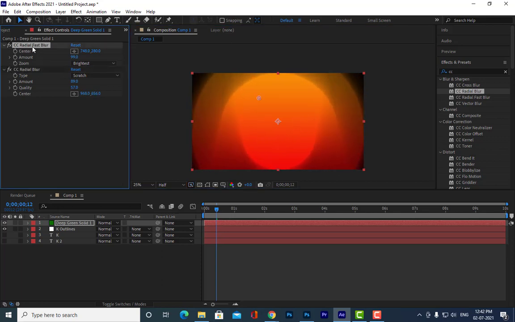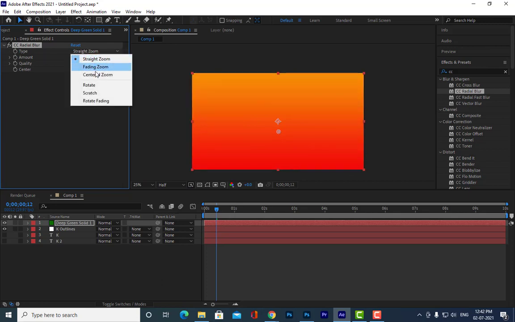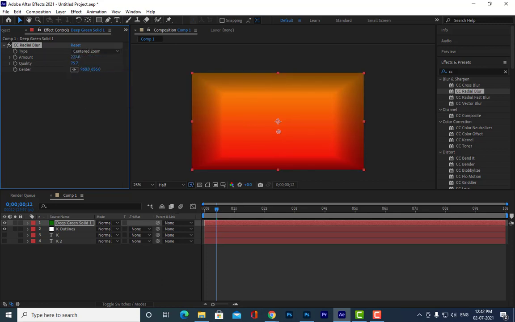This will remove this fast blur. We'll say straight zoom. Straight zoom is not center zoom. See, I have applied this center zoom here. Able to see everyone? Yes, sir.